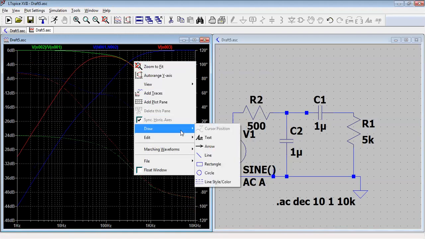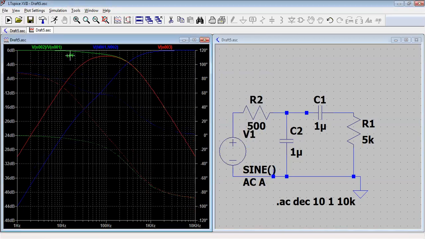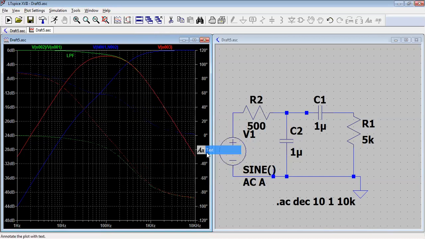So let me draw a text. Low pass filter. So this one is your low pass filter. Okay. And again, I will edit the text.